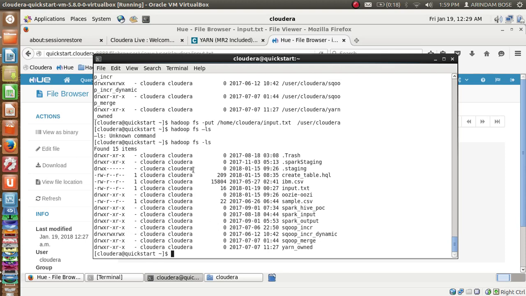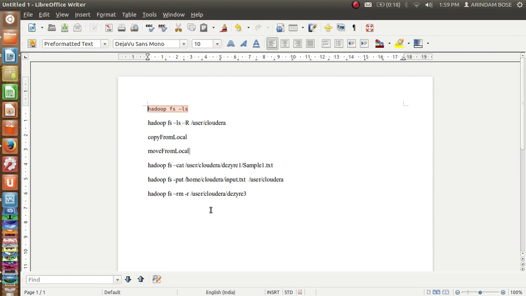See, I did that Hadoop fs minus ls, and I came to this where I can see the structures, all the structures which generally we do. So all of the commands which generally we do in the Linux world, the same can be done. We can do copy from local, move from local. In place of what I did, I did a put, which I actually did. We can do this one, copy from local to the Hadoop system, or else you can just move from local. Likewise, we can remove also with a remove command, and we can do a cat as we do normally, right,